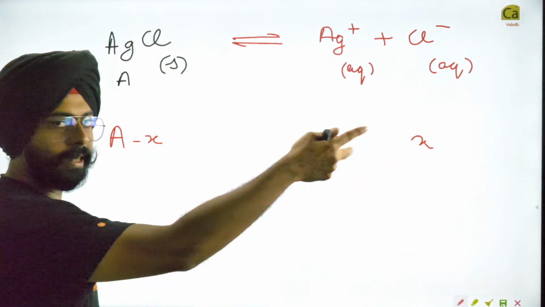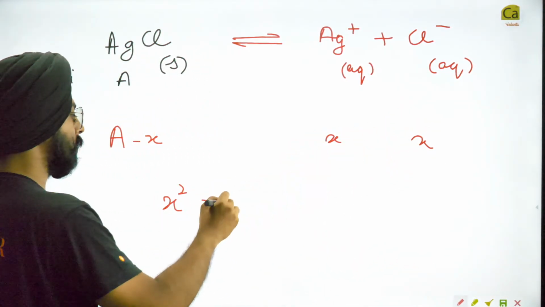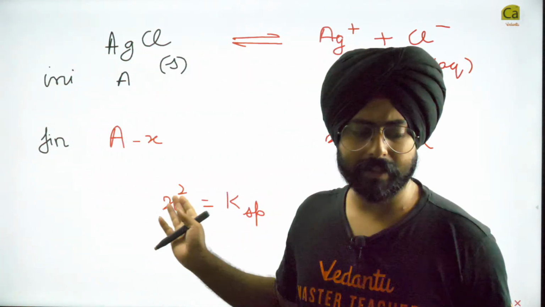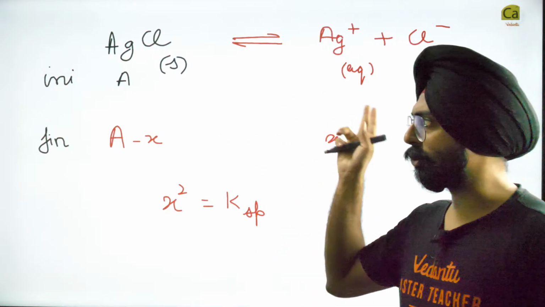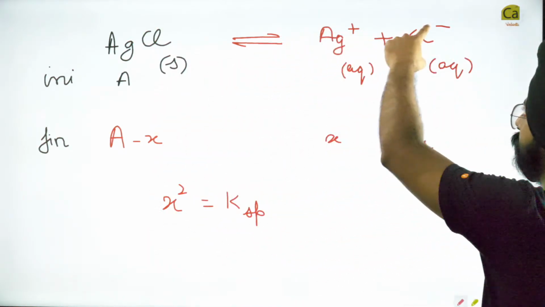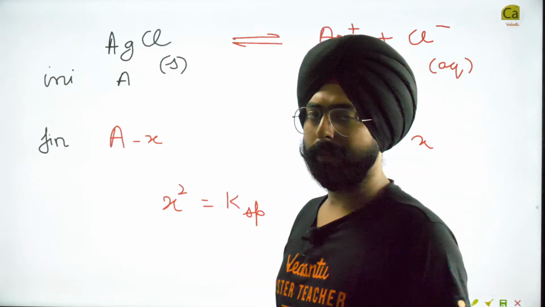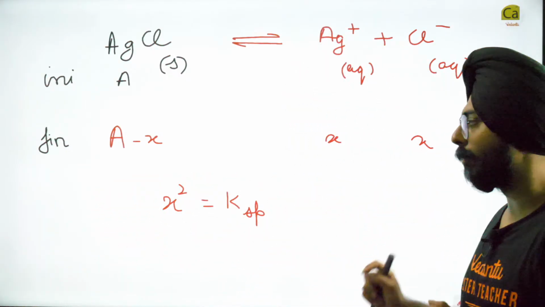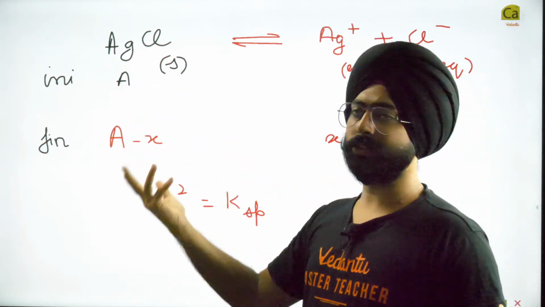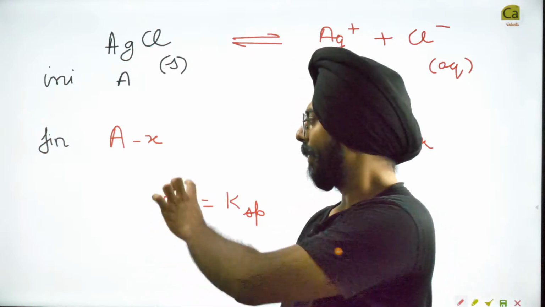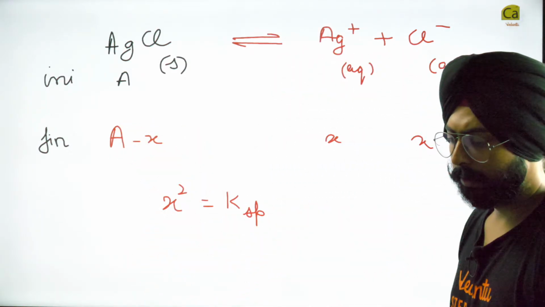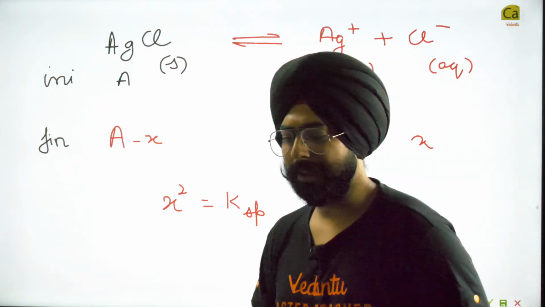In this particular case, my dear friends, can I simply write X square is equal to Ksp? Everyone understands this? Yeah. Basic stoichiometry plus chemical equilibrium here. Nothing complicated about it. It's just that it has positive and negative ions. That's why we call it ionic equilibrium. Otherwise, this is basic chemical equilibrium. So X square is Ksp because this thing is solid, so we don't need to take into consideration this amount. Everyone should understand this. Okay? Vivek, just an example that we are taking, bro.